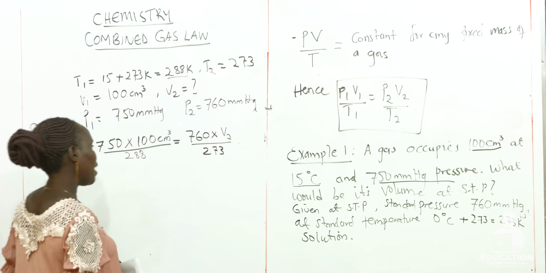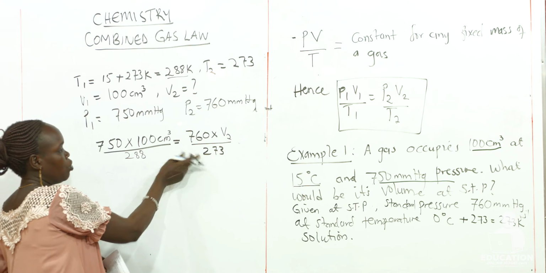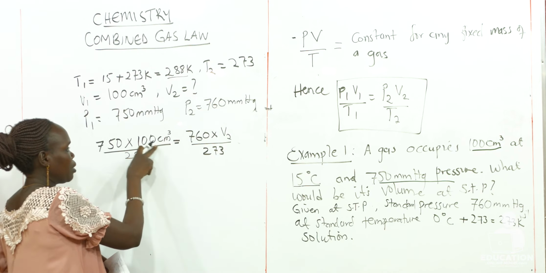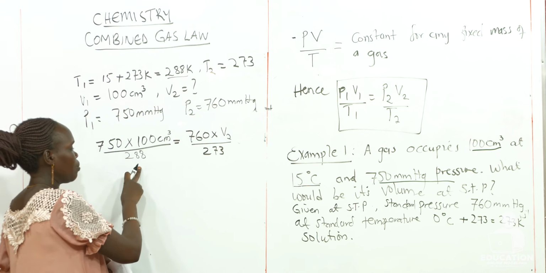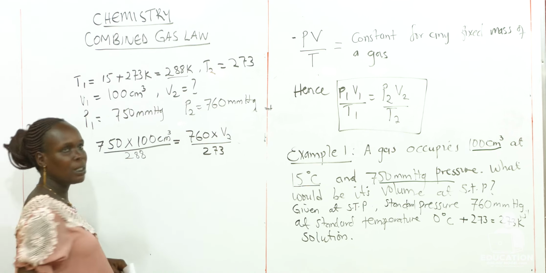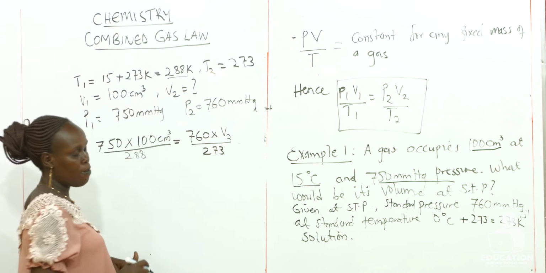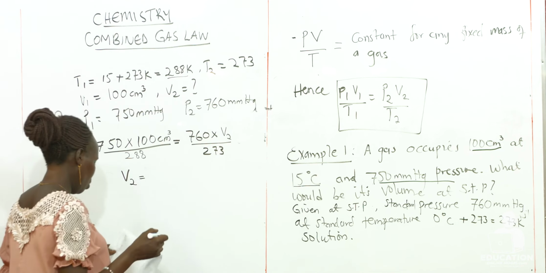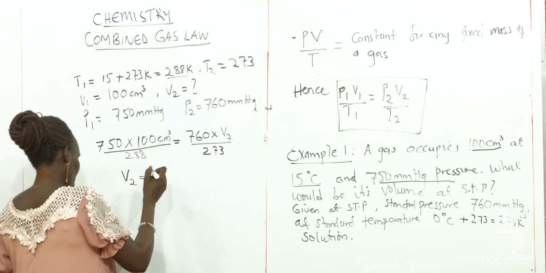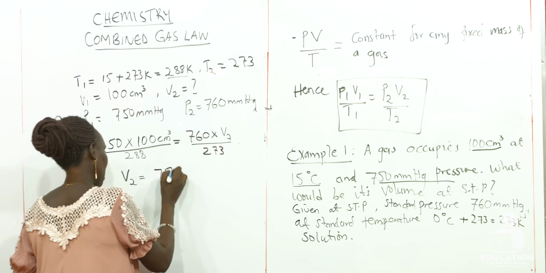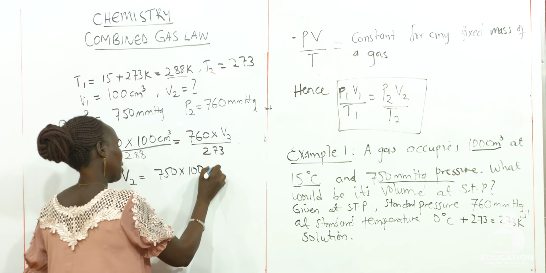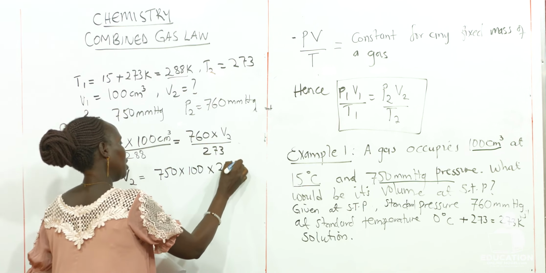So we cross multiply 273 by 750 multiplied by 100, and also multiply 288 by 760 to get volume 2. So volume 2 will be equal to 750 multiplied by 100 multiplied by 273,